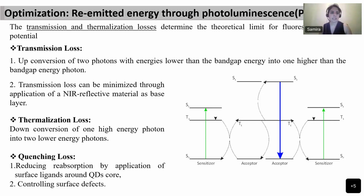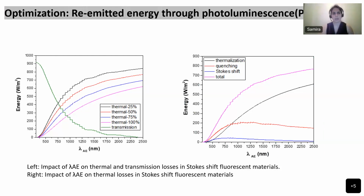Also, with thermalization loss, we can have exactly the opposite process, which is called down conversion. So we can down convert a photon with a high energy into 2 lower energy photons. And I also explained the quenching loss, so I'm not going to repeat that, which is through reducing the reabsorption and also controlling the surface defects. So we quantified the thermalization loss and transmission loss for quantum dots with different absorption edge wavelengths. So this can allow us to propose the most effective methods to overcome the